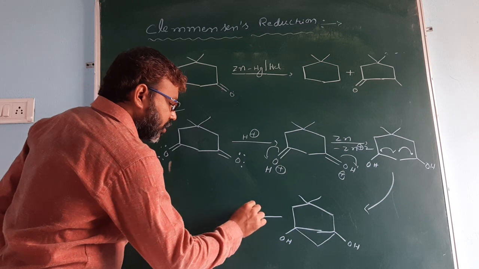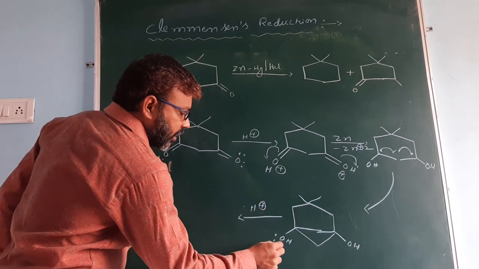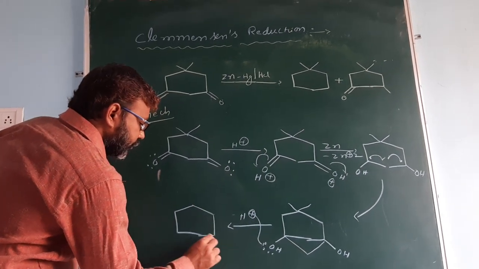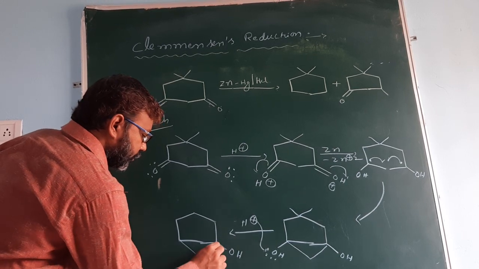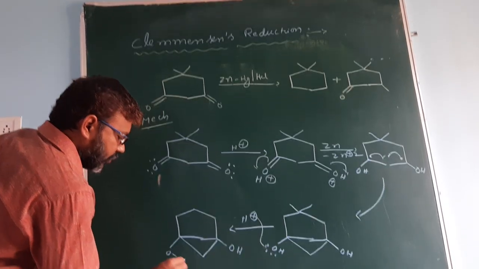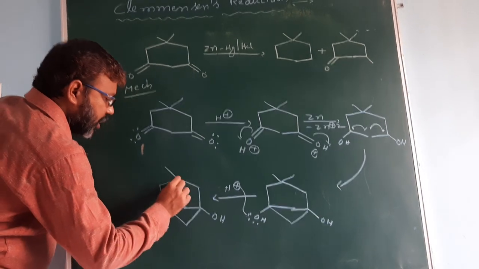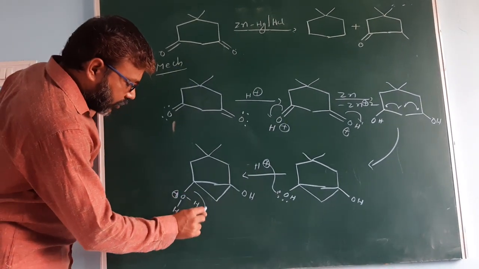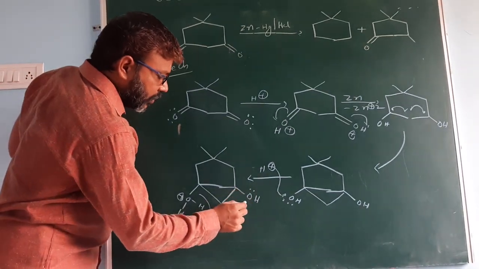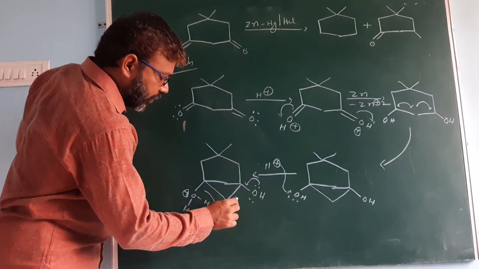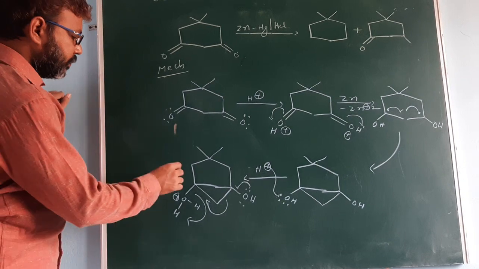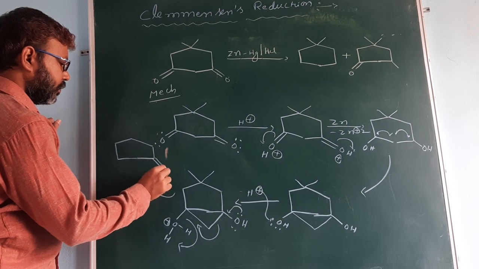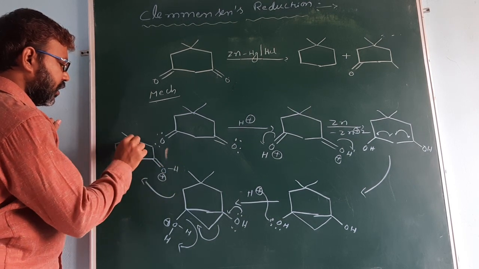Now the reaction takes place in acidic medium, so H plus attacks on oxygen. It is converted to an oxonium ion, so oxygen has a positive charge. Already you know it is unstable, so it loses a water molecule. At the same time, oxygen has a lone pair of electrons. This lone pair shifted to here, this electron shifted to here. So oxygen donating the electrons, it has a positive charge.